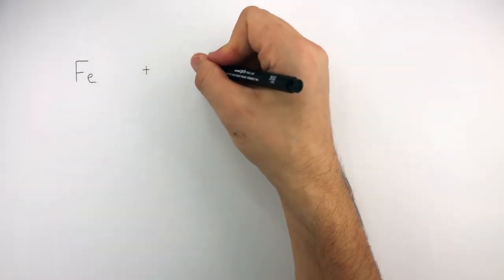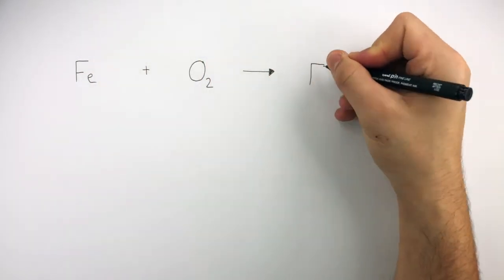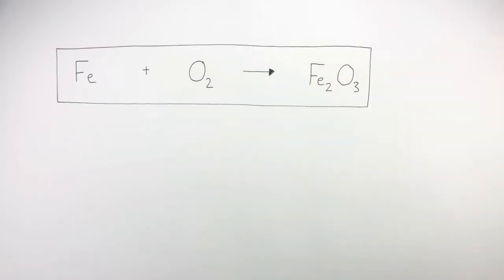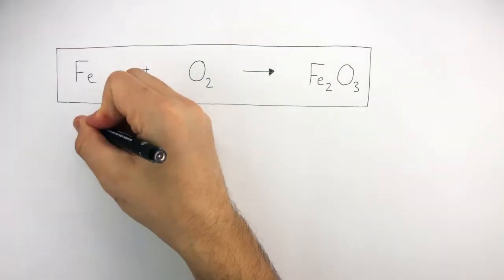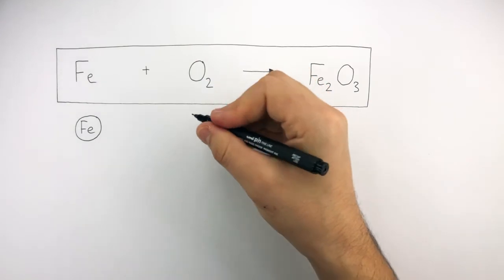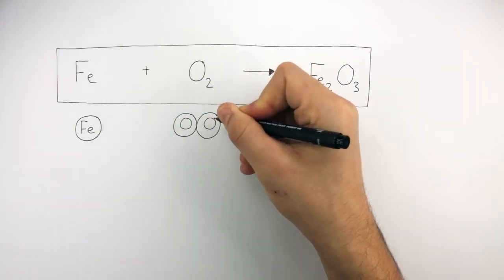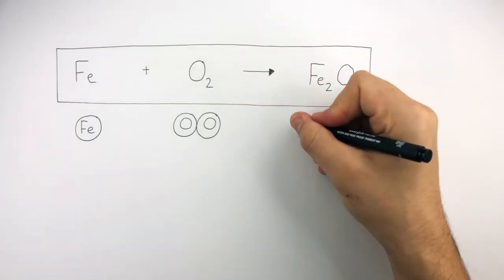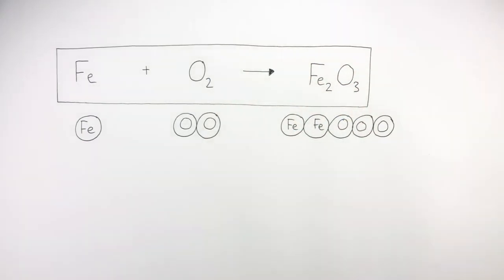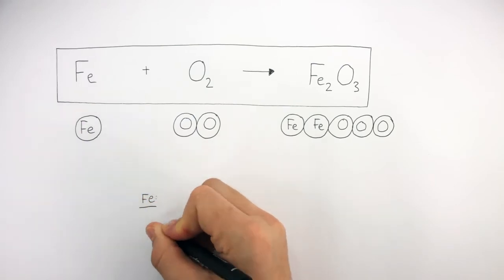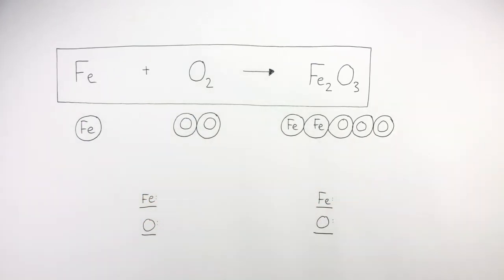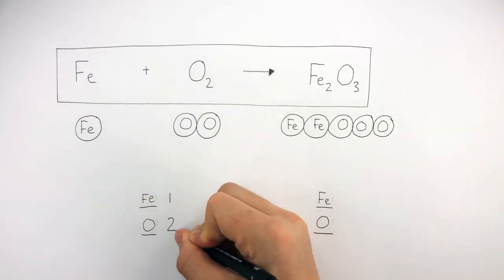Fe reacts with O2 to form Fe2O3. The equation tells us there is one iron atom reacting with one oxygen molecule, which consists of 2 oxygen atoms, and this forms one iron oxide compound consisting of 2 iron atoms and 3 oxygen atoms. As usual, underneath we write out the elements on either side of the equation and the number of atoms of